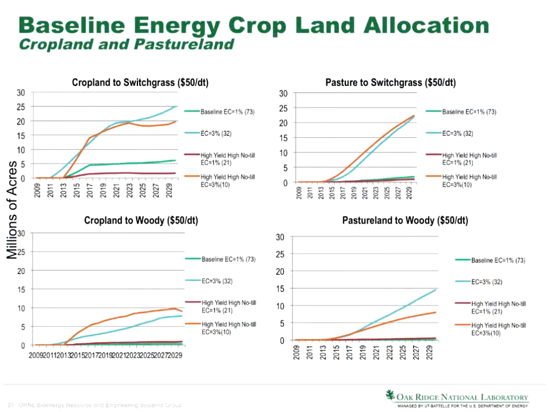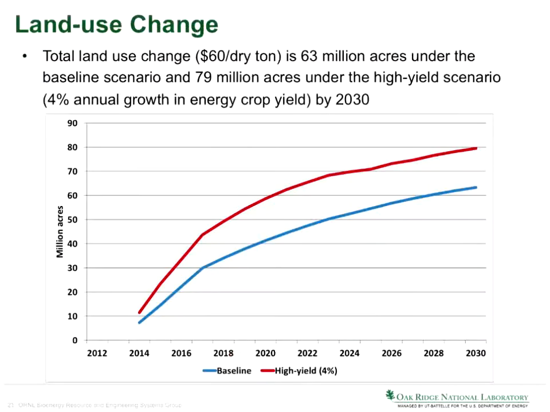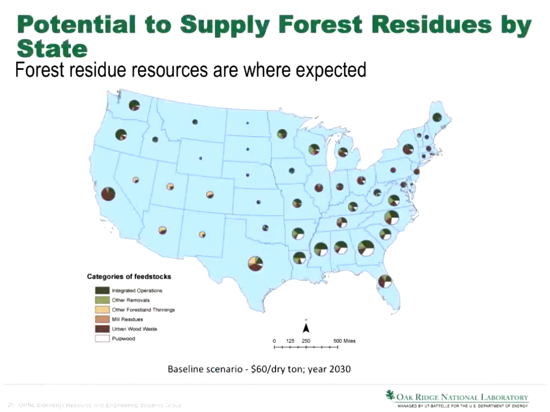So if by that we mean increased yields of our conventional commodity crops, then basically under that high yield scenario, for example, of 4%, correct me again if I'm wrong, Lawrence, but if corn production improves, then you don't need as many corn acres and you have more acres potentially available for dedicated feedstocks. That's how I interpret that.